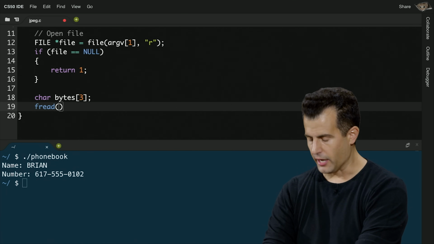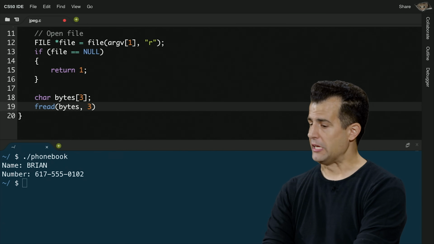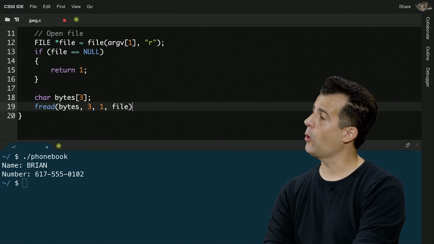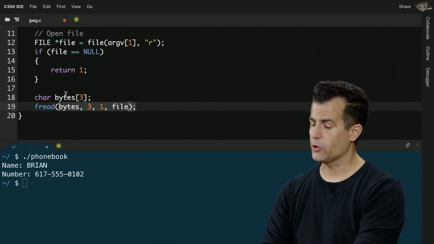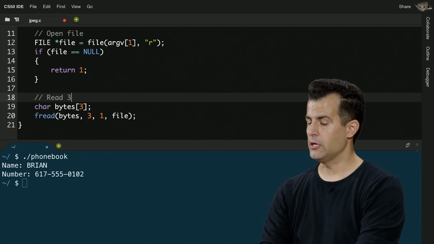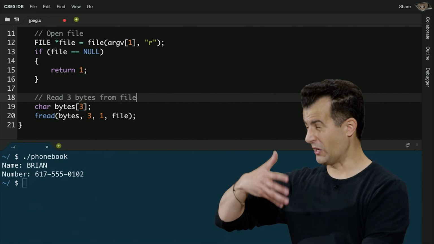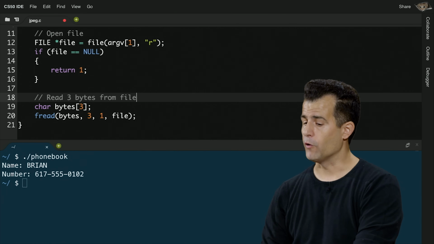So this is deliberately quick. I pass in as arguments the array, the number of bytes I want to read, how many times I want to read those bytes, and then the file from which I want to read those bytes. So that was a mouthful. But collectively, these two lines of code read 3 bytes from the file. It just literally reads the first 24 bits, or 3 bytes, each of which is 8 bits, from the file.